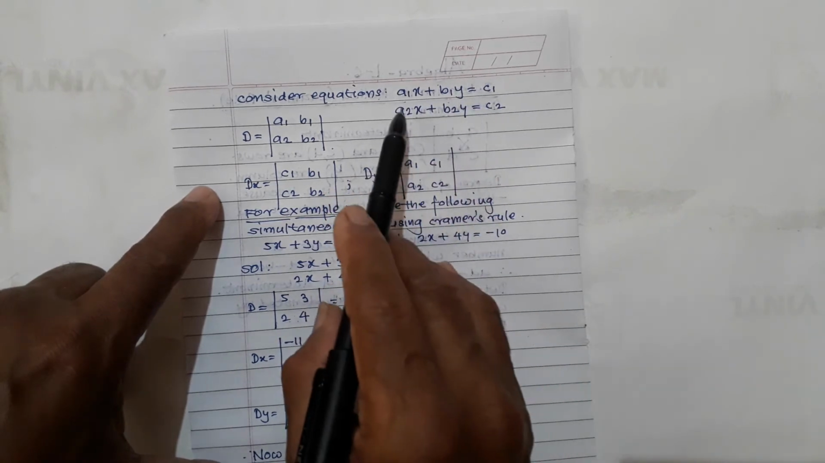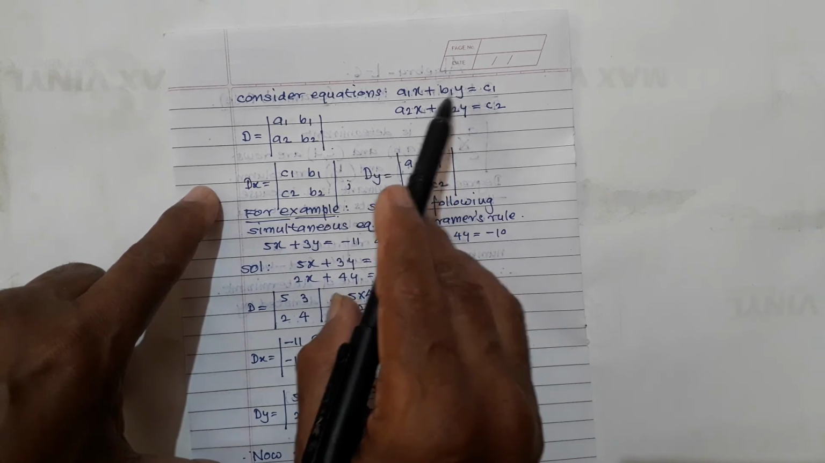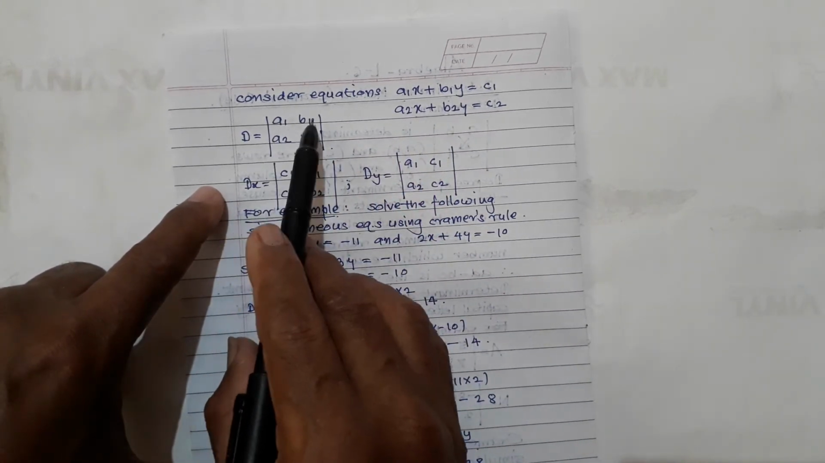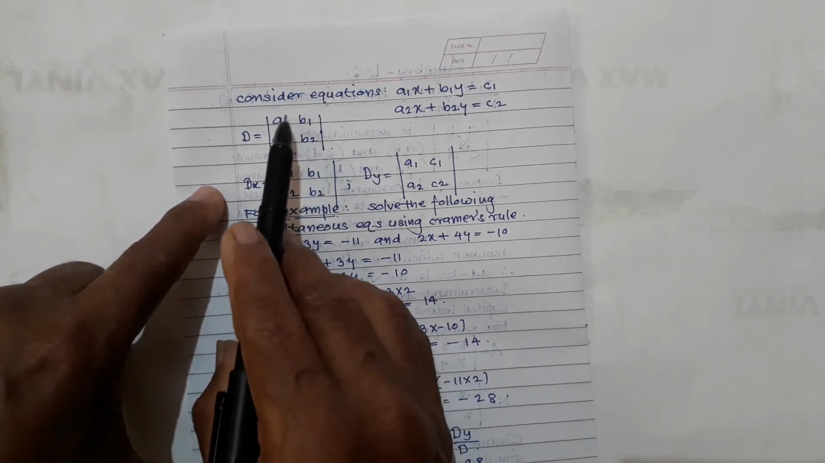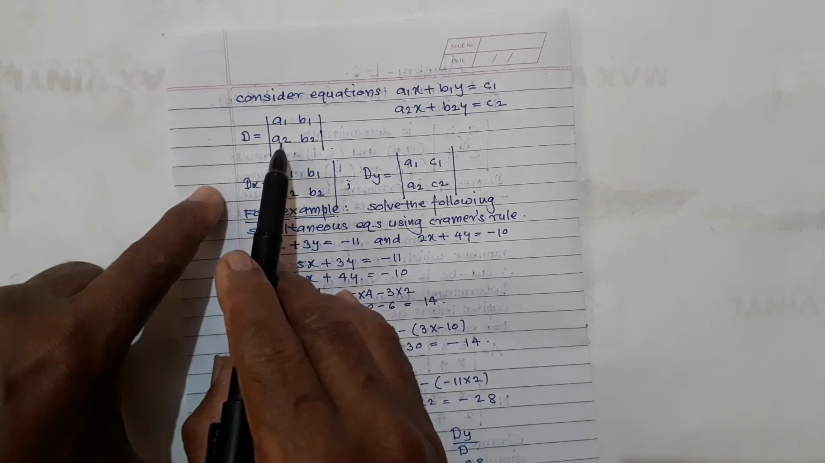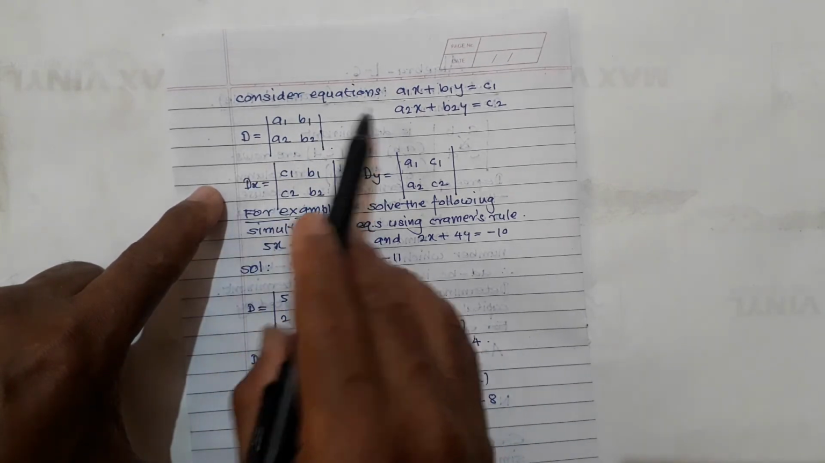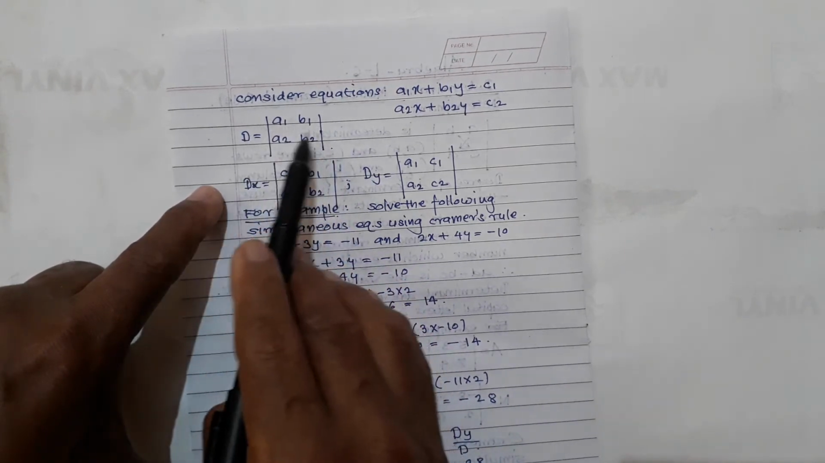Always write down the equations below each other so that you can easily find the rows and columns. Now, a1 b1 is the first row, a2 b2 is the second row. Obviously a1 a2 is a column, and b1 b2 is a column. In this way you write down your rows, and find the value of this, you will